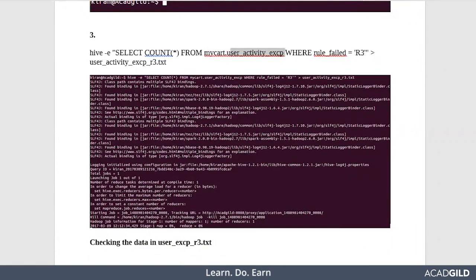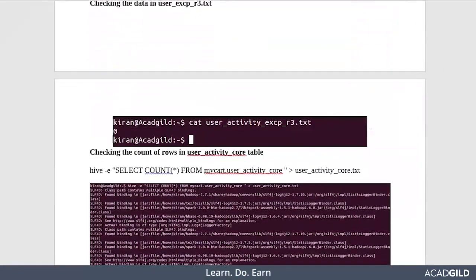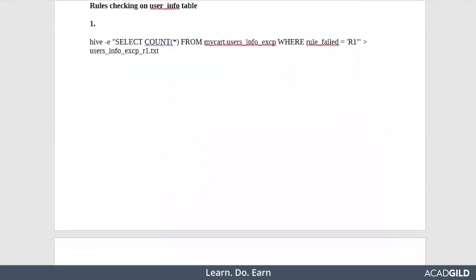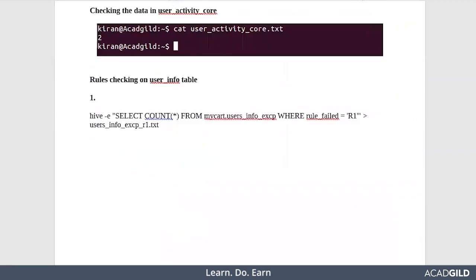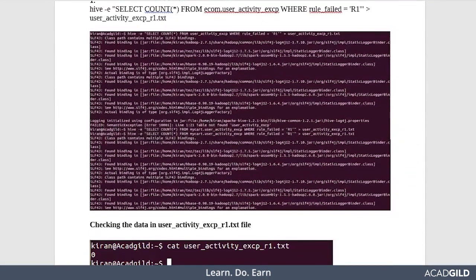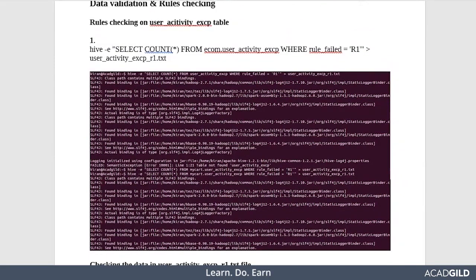Then for user activity core, we are counting the number of valid records and loading it into core.txt. We are doing these so that we can find out the threshold number, and based on the threshold we can either go ahead with the processing or stop the processing then and there.